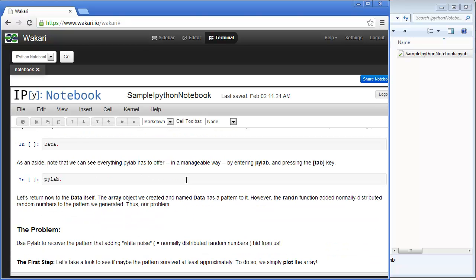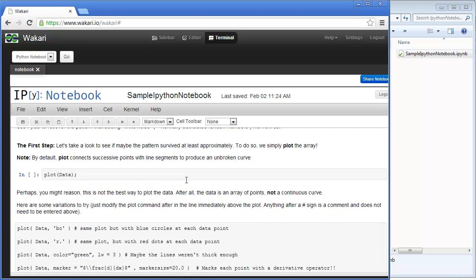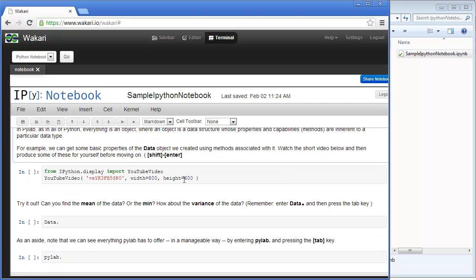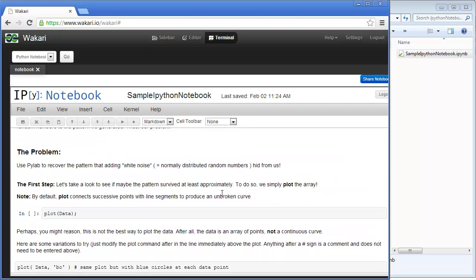Around these input cells you're going to see text and even videos. For instance, here's a YouTube video. The text and videos are there for a very important reason, so that you'll know what to do in your assignments as you